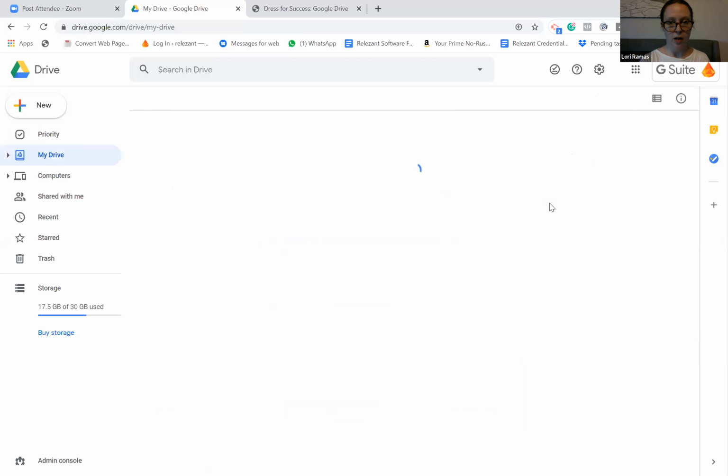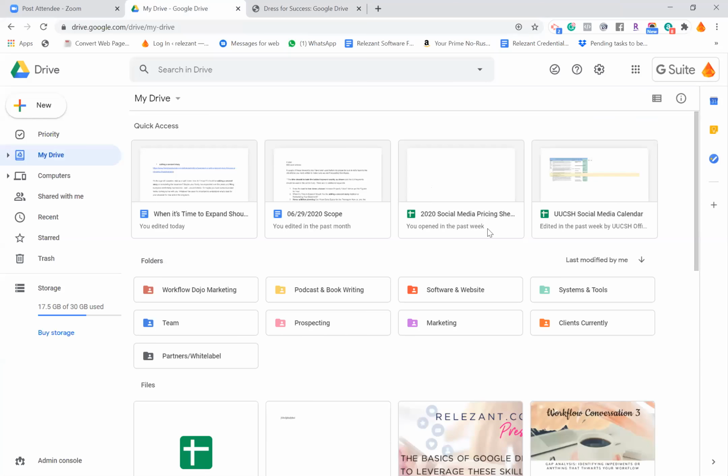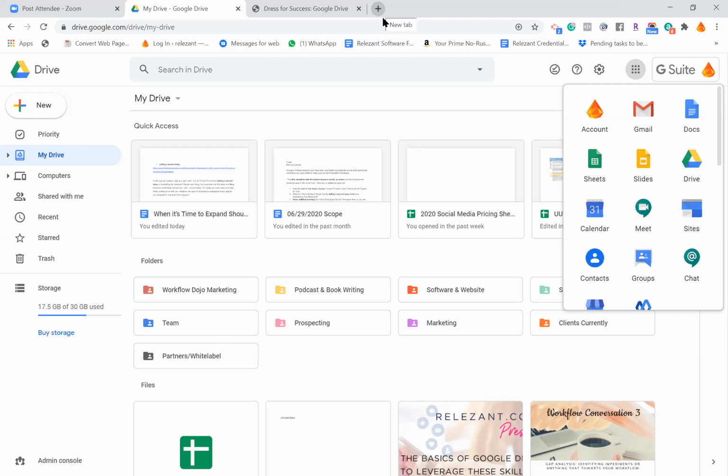One of the things I was going to show you: if you open up your Gmail app and you're in your Gmail interface, you just have to select the triangle to access the drive. Is that in the upper right-hand corner? Yep. You can either click on those dots and then choose Drive, or you can open up a new tab at the very top of your screen and just type drive.google.com. Once you start typing, it'll probably auto-populate for you. Okay. Great.